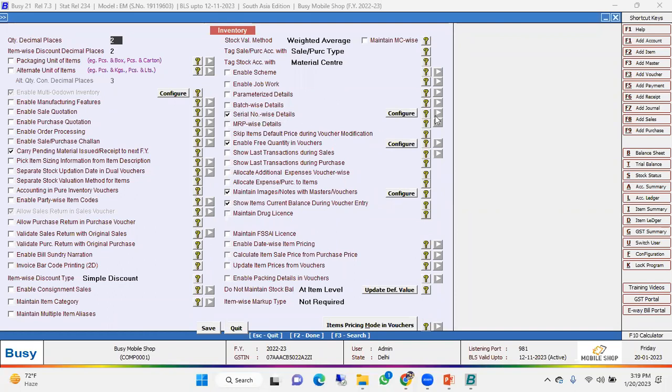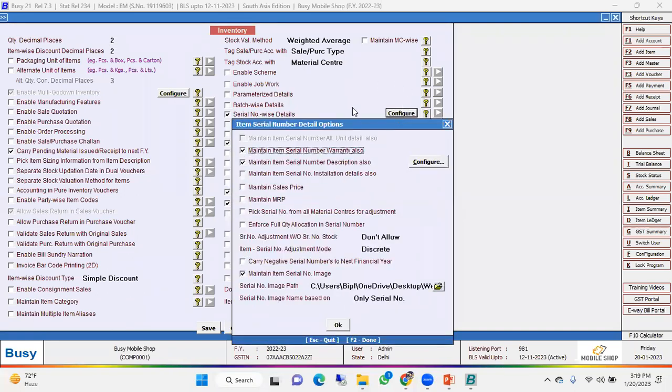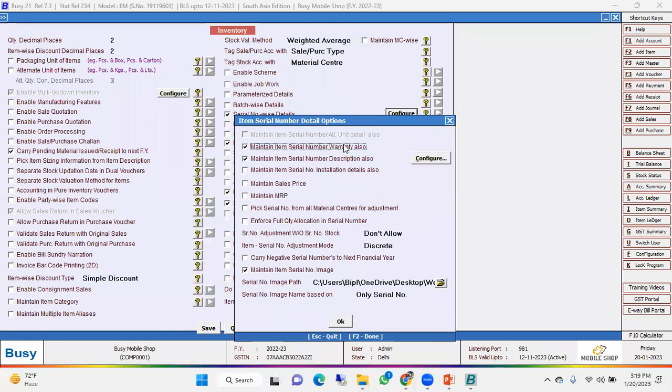Okay, serial number wise detail. This option you have to enable. After enabling, configure button appears. You can click on this option. Now see, this is a configuration window of item serial number wise detail. So you can enable the required options like